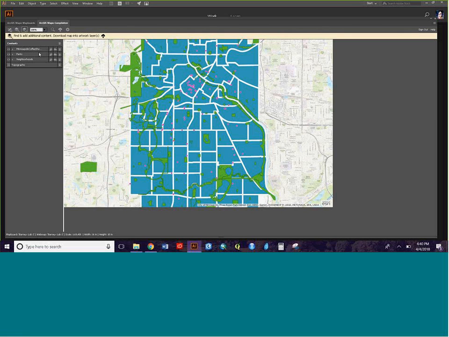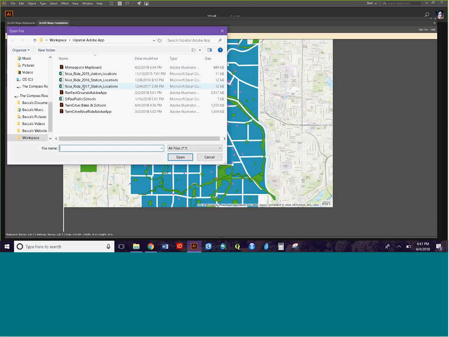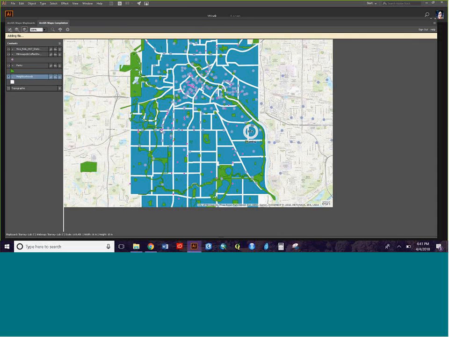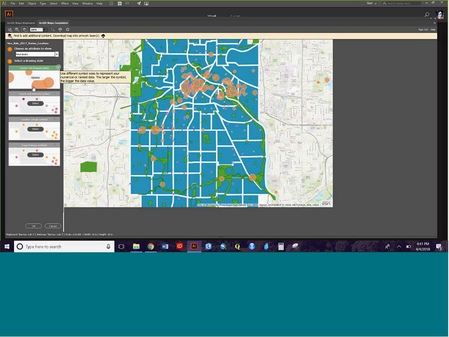So here I'm just going to work with my 3 data sets, and maybe this time around it will let me. All right, now it'll let me do it. So I'm trying to think. You know what? Actually, okay. I'm going to add data set again. Yeah, so we'll do locations. There we go. So now symbolized by total docks, so how many docks per each station, and it will